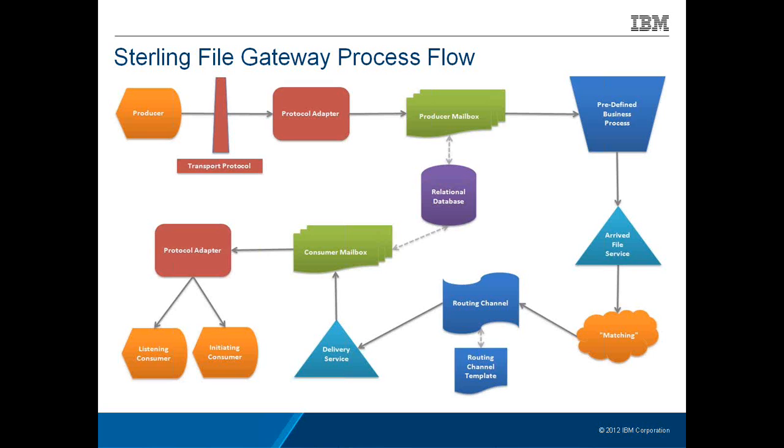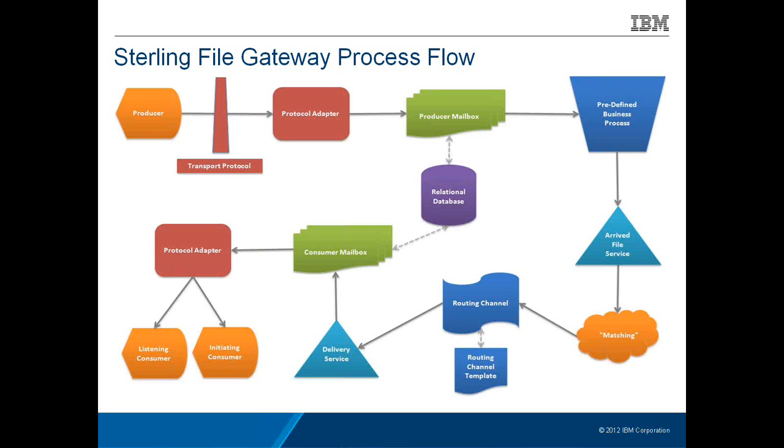Through my file gateway, the producer of the file would upload the file, and if there is a routing channel already created for the user, it would determine who is the delivery consumer mailbox,